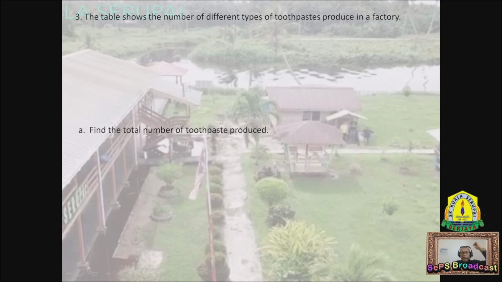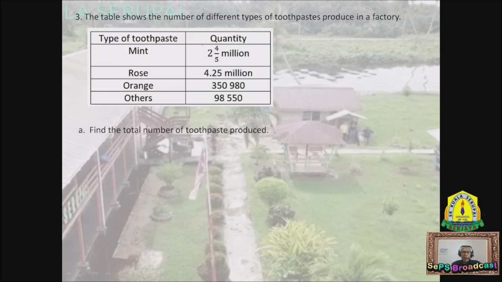It's very simple. Again we go to the table. This is how to visualize it. Go to the table. First we have to look at the mint flavor. So the mint flavor, what is the number? This one is a fraction of a million. Again, this one is a fraction of a million. You have to write it as a whole number. Let's do our first calculation. Our first calculation is to convert 4 over 5